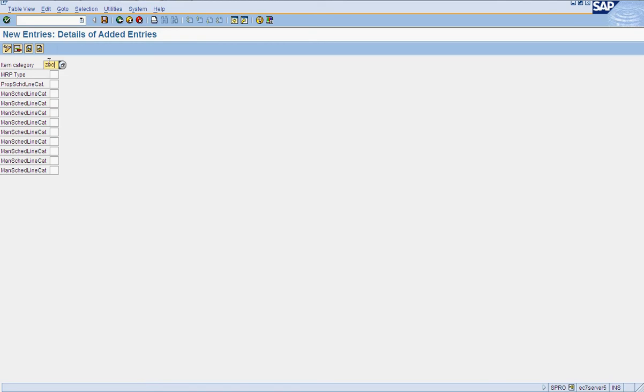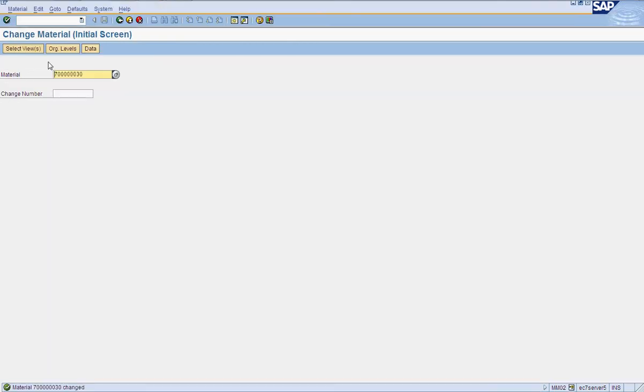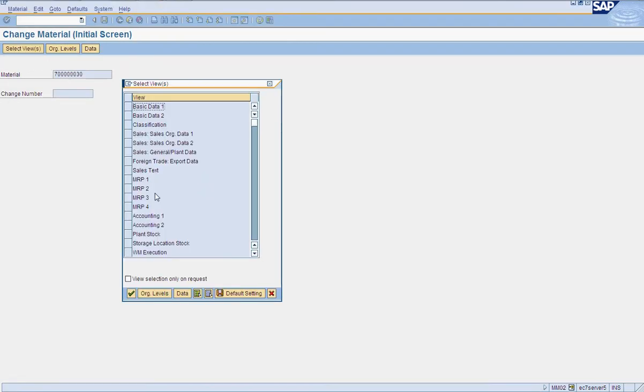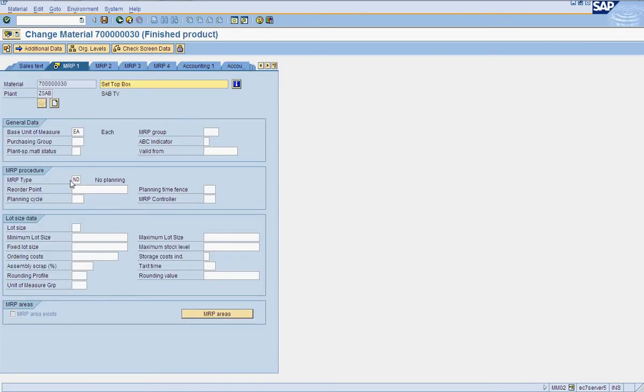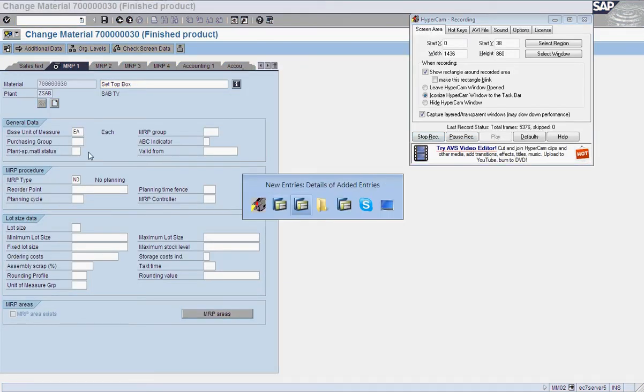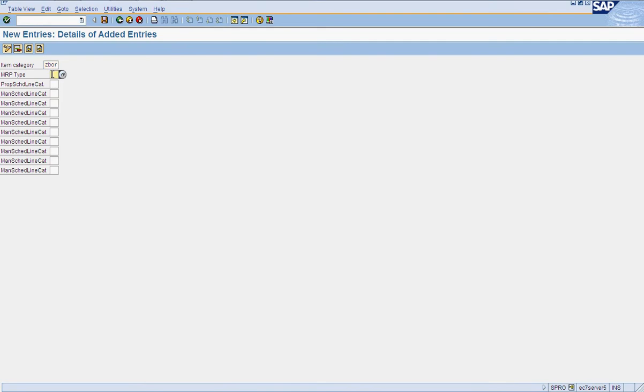So let's create ZBOR. If you see in this material, we have MRP type. What was the MRP type we used? ZSAB MRP type ND. So I would be using ND as my MRP type, and I will be proposing my schedule line category as ZT.